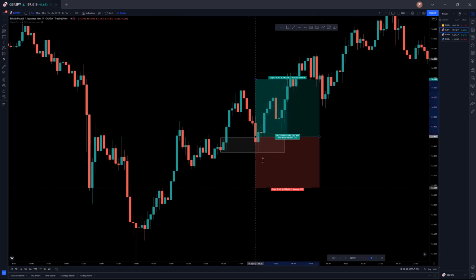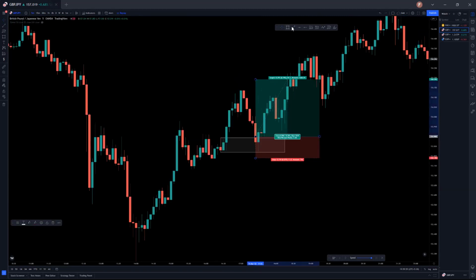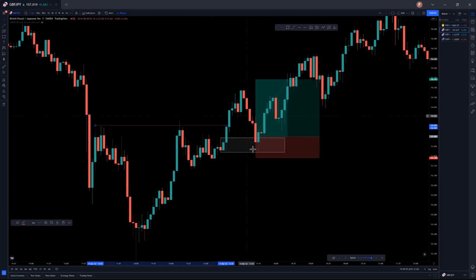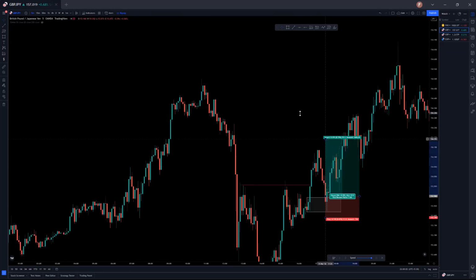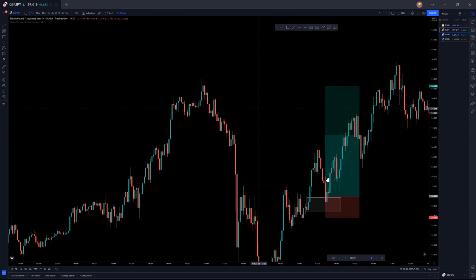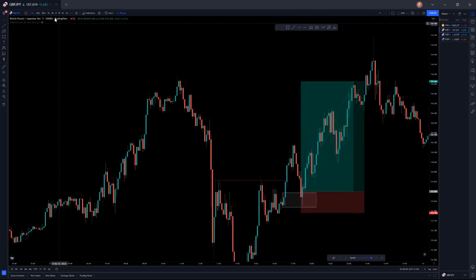And this was also a flip. Look how price broke the above and created failed supply and created demand. Now what would be your target? At least this high, because you're expecting it to make new highs.